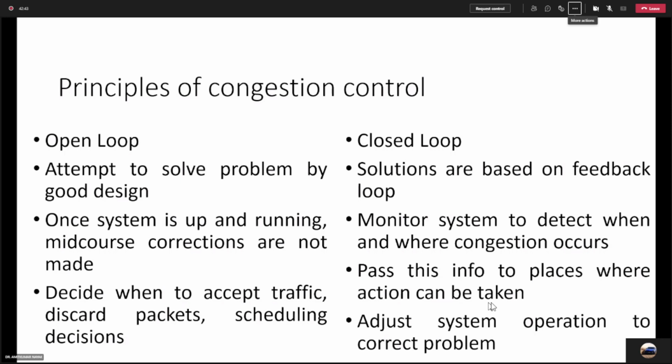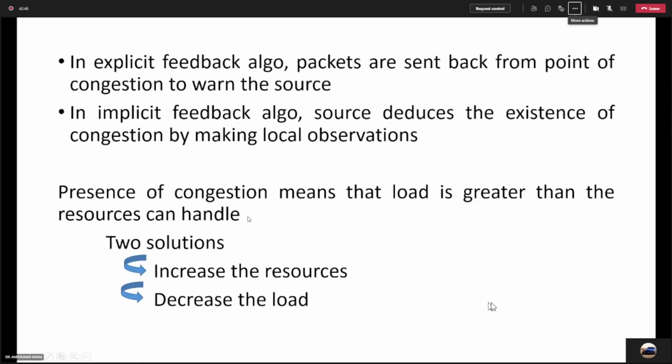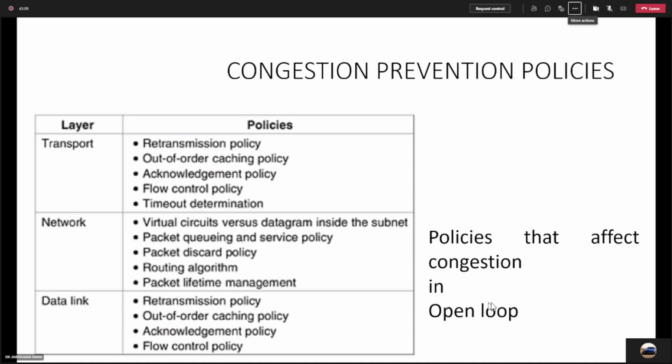If congestion is present, it means that the load is greater than the resource can handle. I have already discussed this. Why may congestion occur in the network? Because the individual node is not able to deal with the load. The individual node will not be able to deal with the numbers of packets. In that particular case, network congestion will occur. So to avoid and prevent the congestion, the transport layer has some mechanisms available, the data link layer has some mechanisms available, and the network layer has some mechanisms available to deal with the congestion.